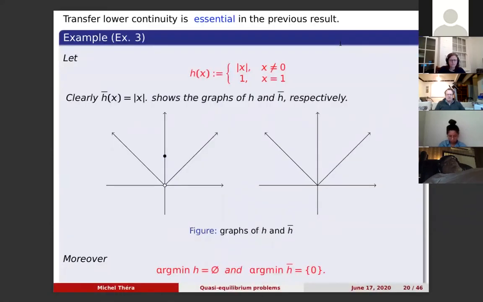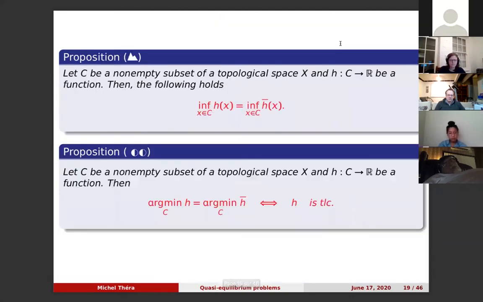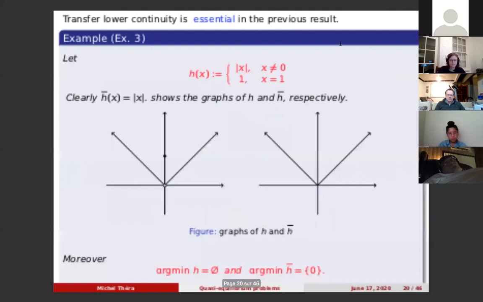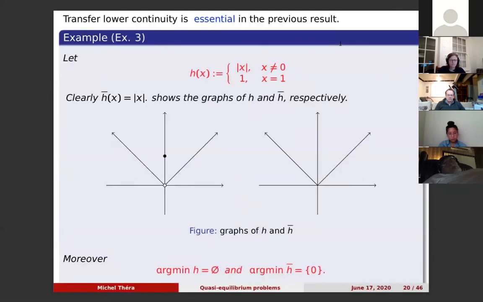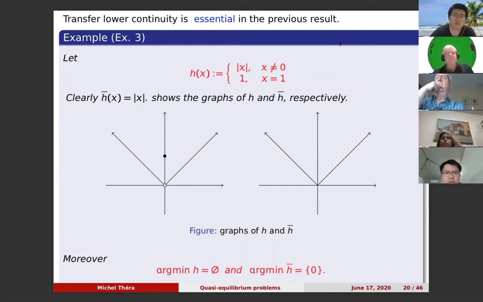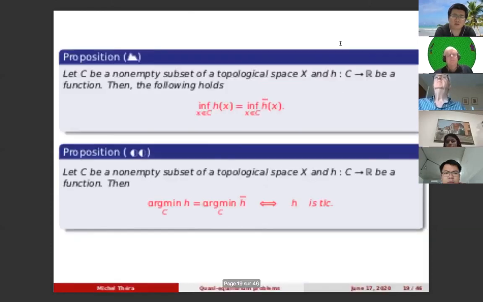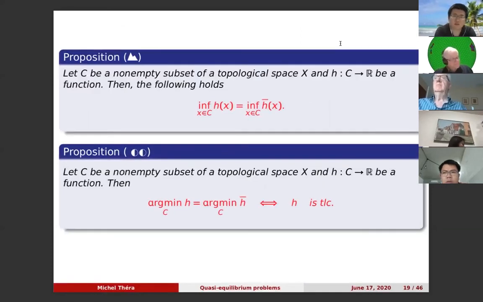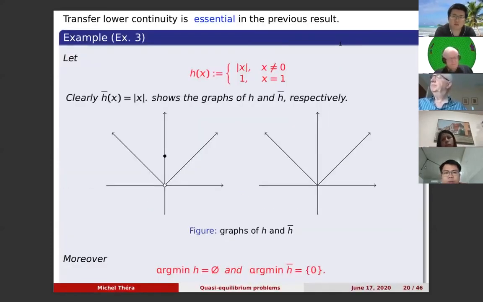Transfer lower continuity is essential, for instance, in this result here. Because if you take this function H of X defined by the absolute value of X for X different from 0 and H of 0 equal to 1, you see that the argmin of H is an empty set, and the argmin of H bar is equal to 0. So you don't have this equality, which means that H is not transfer lower